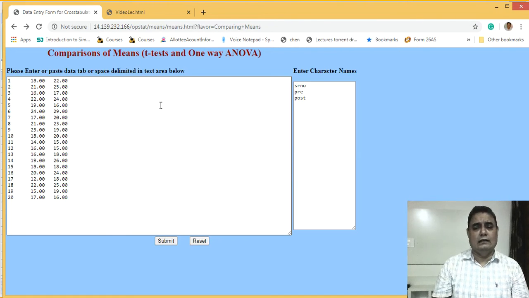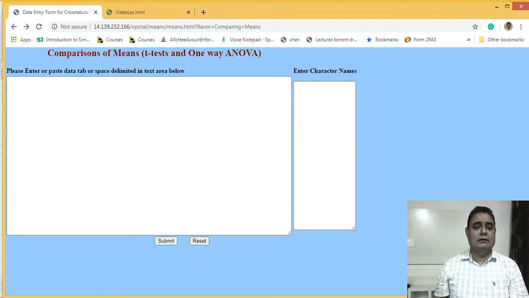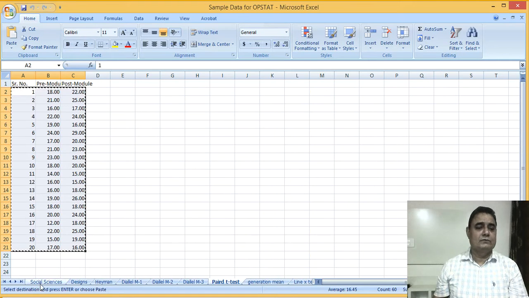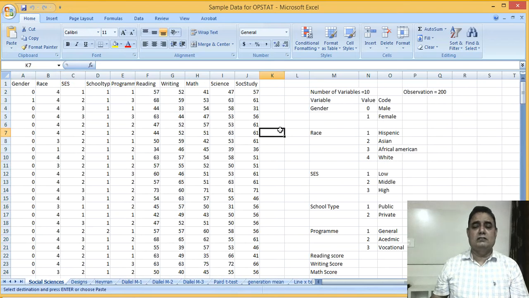So for performing one-way ANOVA, the data set we need is again our school children data, in which my research question is: is there any significant difference between the scores of reading, writing, mathematics, science and social studies according to their races?